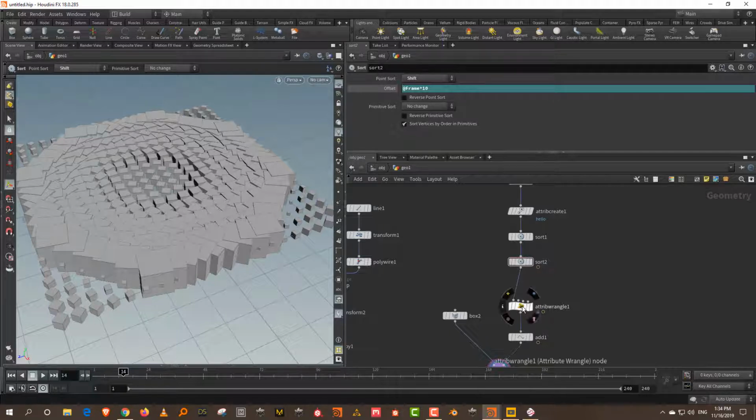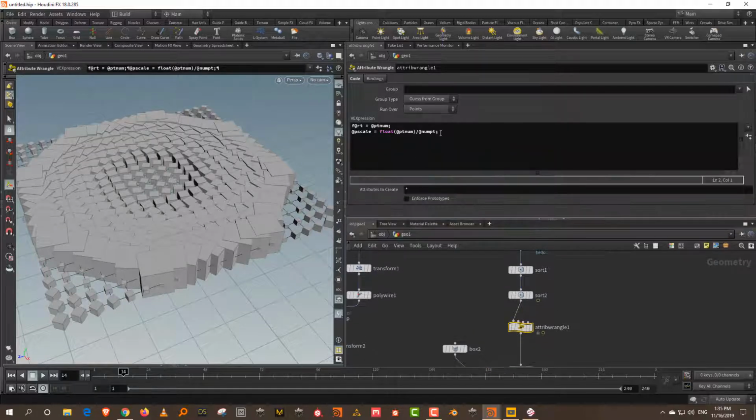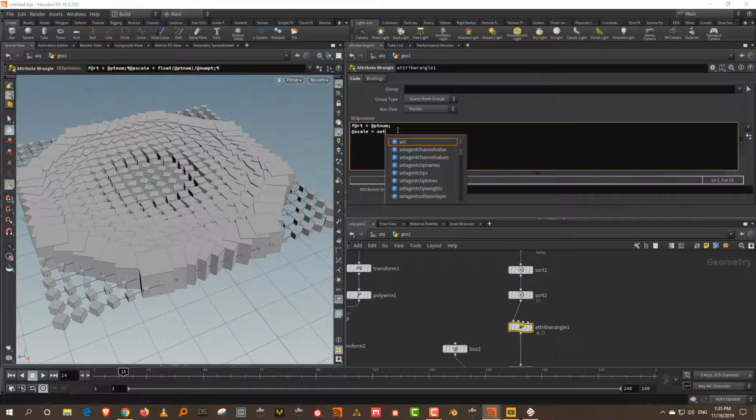If I just get rid of this, I'll do a control X so it'll stay in memory. Then I can do at scale, and we want to set a value for it for now, so I'll type in set and then take the bracket.